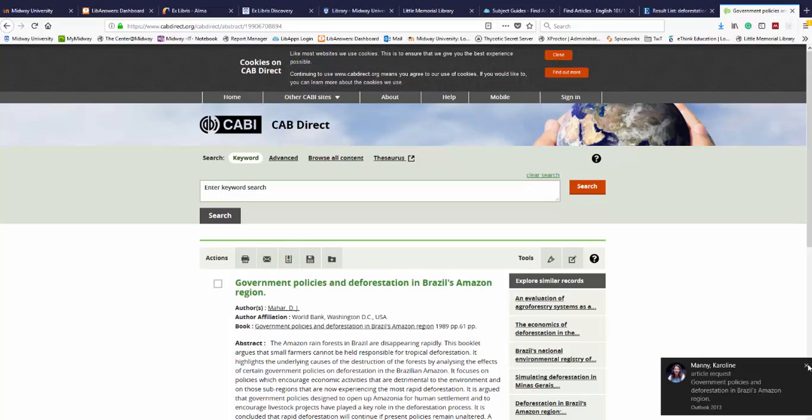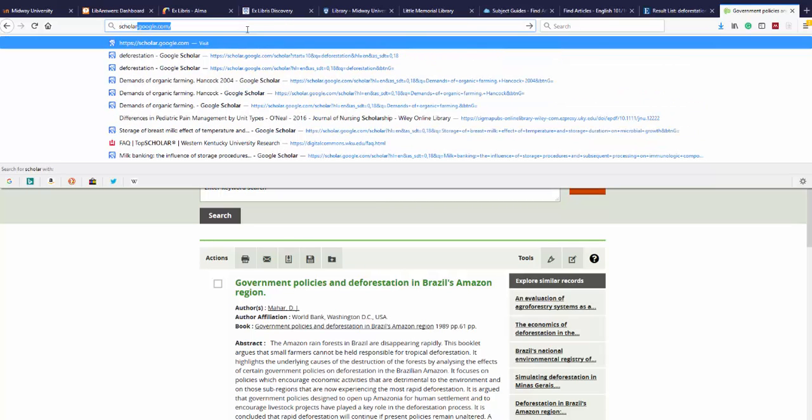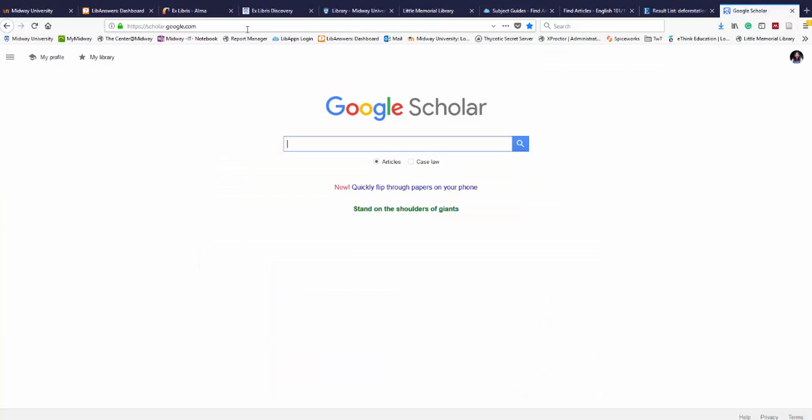So my point here was, if you're going to search in Google and not one of the library databases, at least use Scholar. And don't forget that you can still request interlibrary loans when you're searching this way by sending the title and the author to